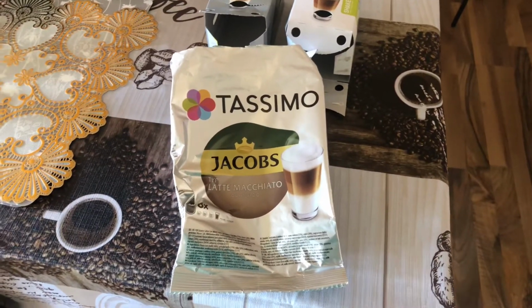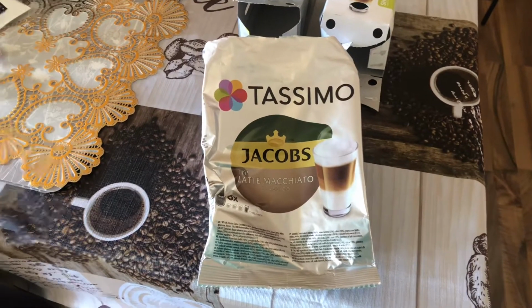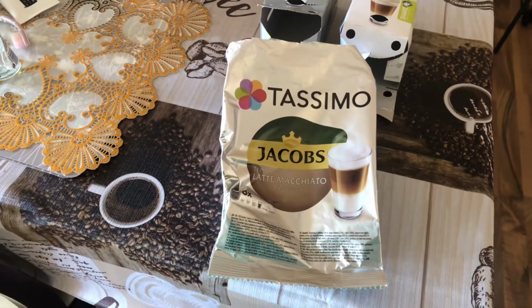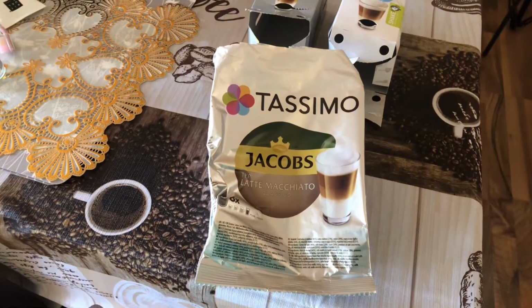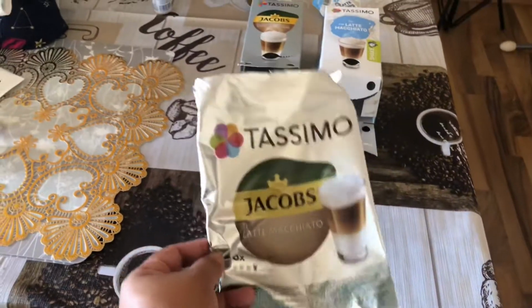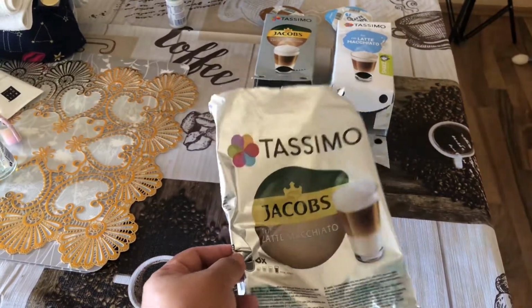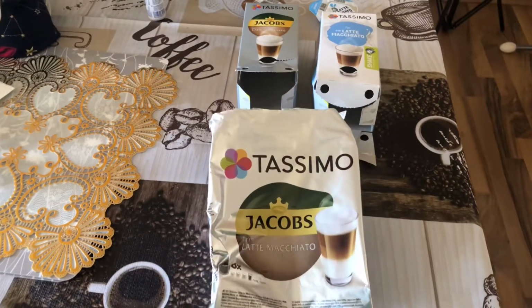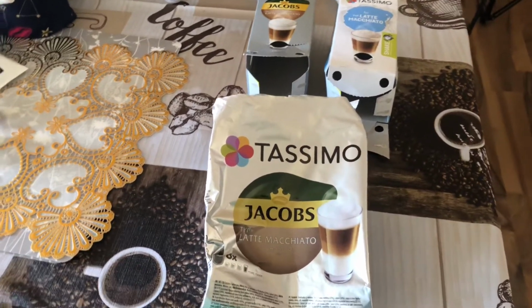Today I'm going to demonstrate how to use a Tassimo machine using this Tassimo macchiato. In the market you can buy this in many supermarkets. As you can see, this is the exact capsule for the Tassimo machine,